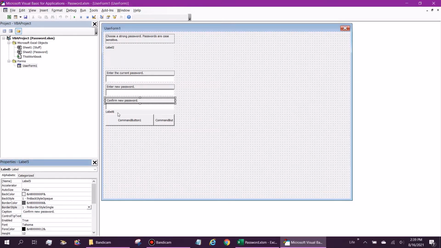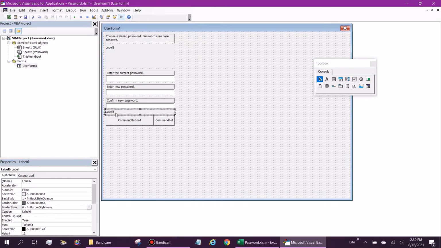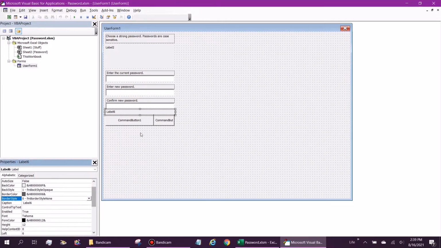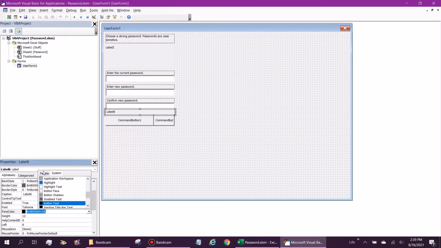Excellent. Next, we have this label here, and this will be invisible most of the time. The only thing we need to permanently set for this is its font to be red, right? And VBA is going to completely set this text upon the use of this user form throughout the whole way. So we don't need to put anything in that. So for the fore color, the font color, it is going to be this nice vibrant red like I like it,